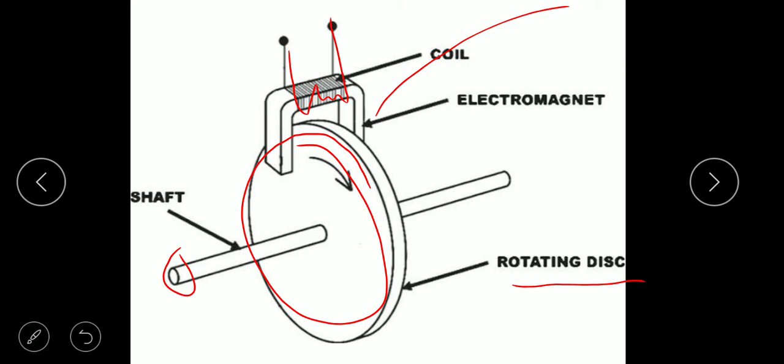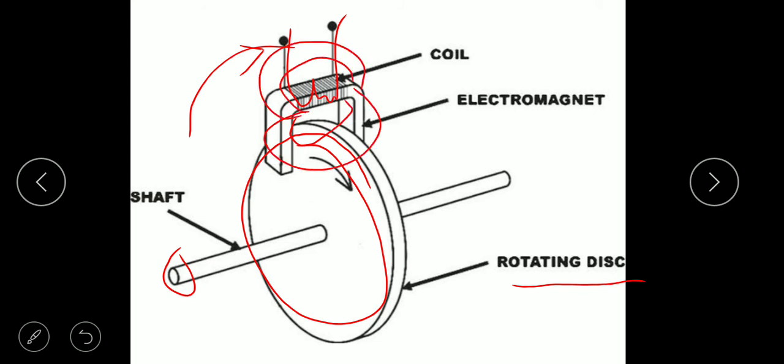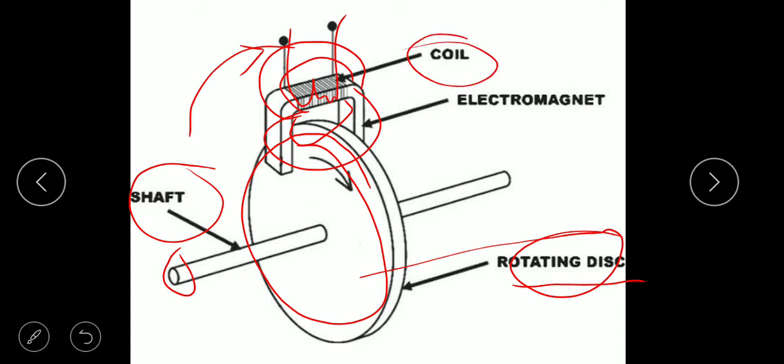So when the current flows through that wire, the magnetic flux will generate. And when the rotor or the rotating disc starts rotating due to the shaft of the engine, then the magnetic flux or the field generated by the coil will be disturbed, okay.